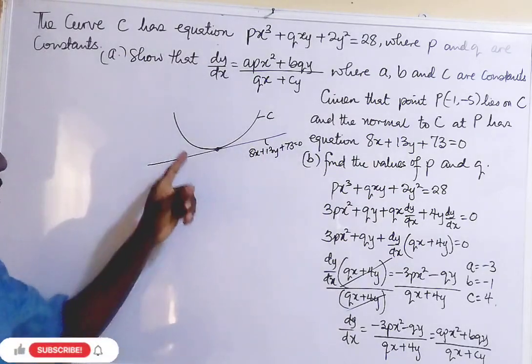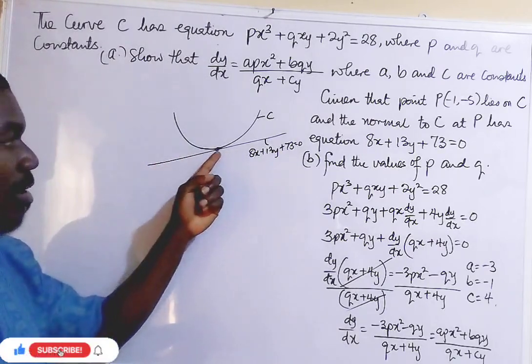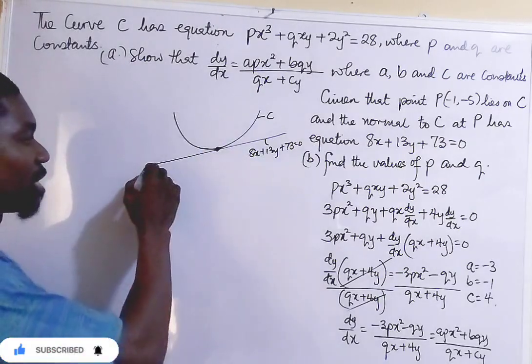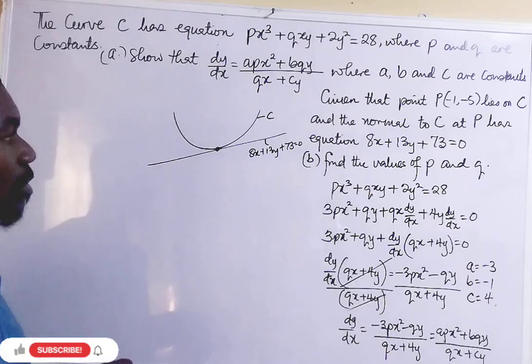At this point you can see where the curve and the normal meet, and you can see from here that this is tangent to the curve,